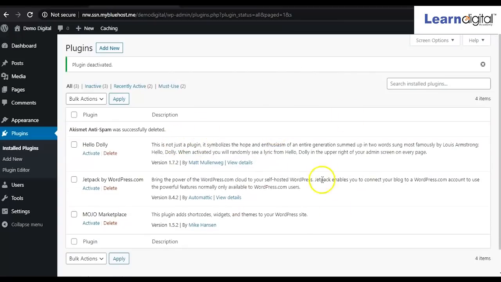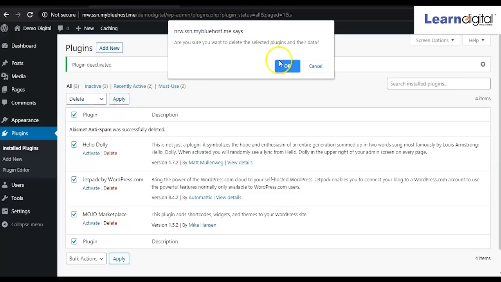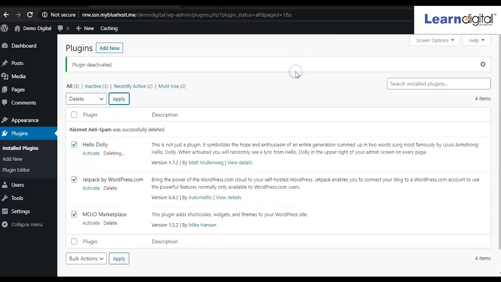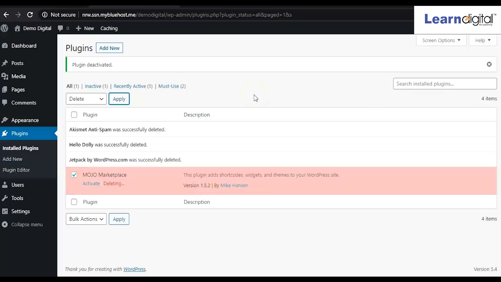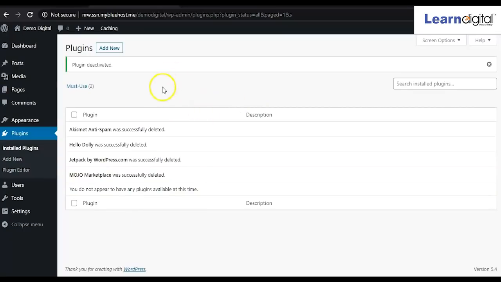Like this you can remove them one by one, and if you want to remove all these plugins altogether, first you have to select all plugins, then click on bulk option, click on delete, click on apply, click OK. So automatically it will remove all your plugins, right? So no plugin is here, it is totally fresh now. Fine.